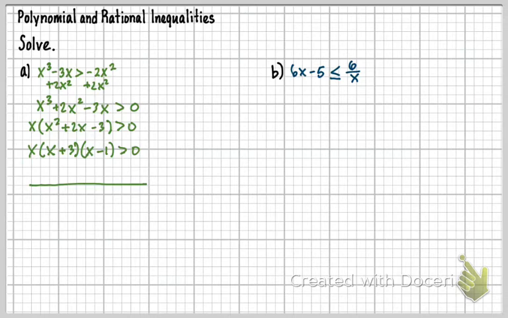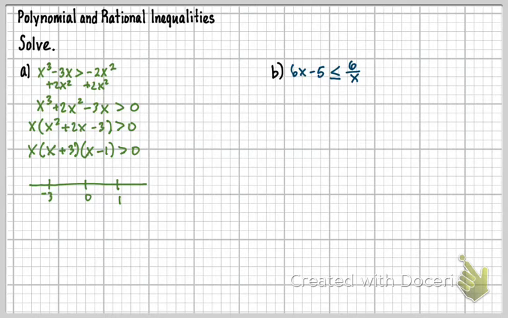So we see that we have one at 0 here, so put that here. We also have one at negative 3, because if I plug negative 3 in for x, it's going to make that 0. And then we also have one at positive 1, because 1 makes this 0. Okay, so now that we have all three of our points of where the graph could possibly change from positive to negative or negative to positive,